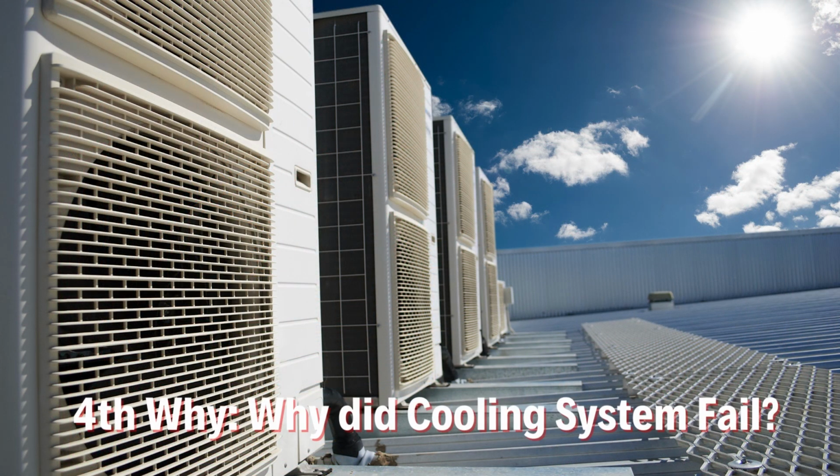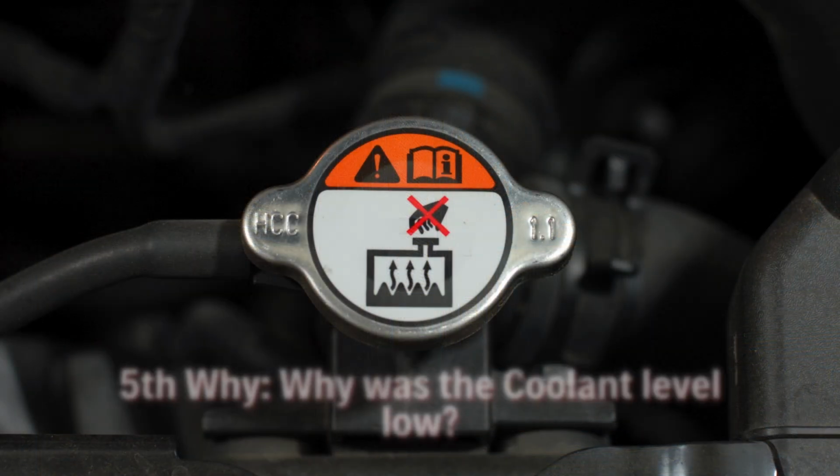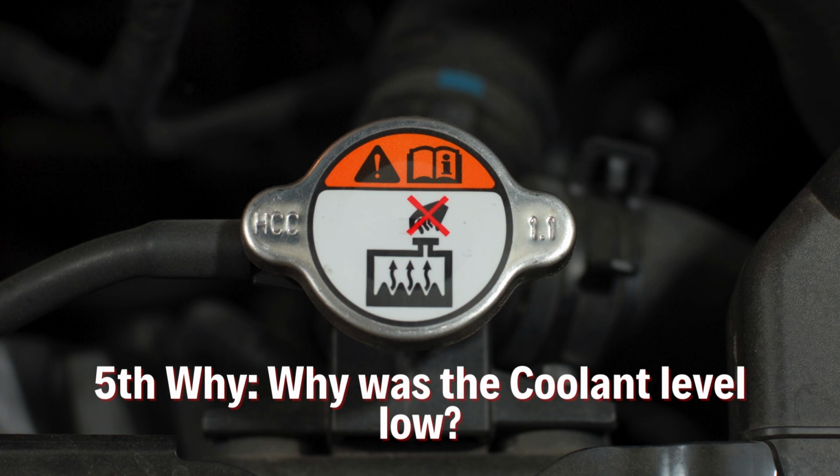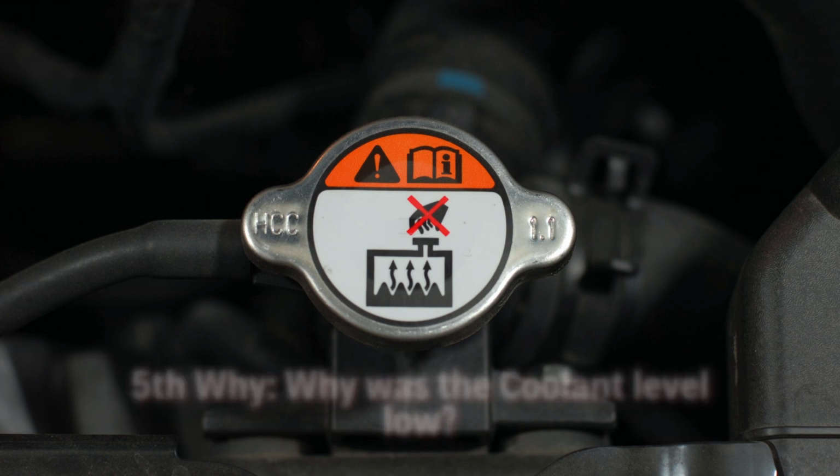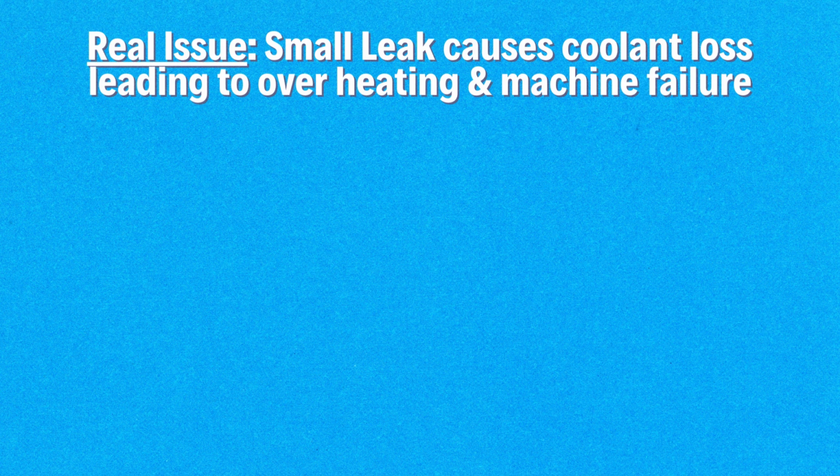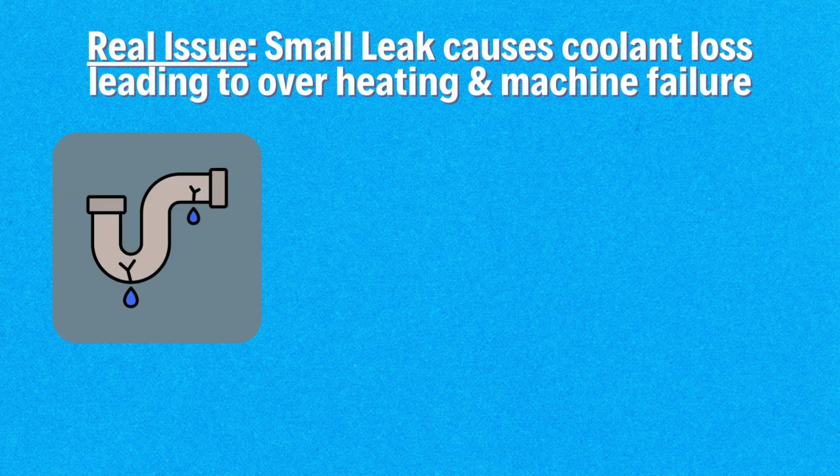Fourth, why did the cooling system fail? It is because the coolant level was too low. Finally, why was the coolant level too low? It is because the coolant pipe had a small leak that was slowly losing coolant. From this example, the stoppage resulted from a small leak in the coolant pipe, causing coolant loss, motor overheating, and